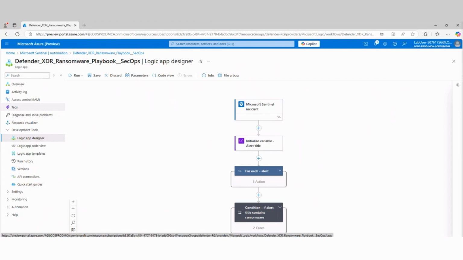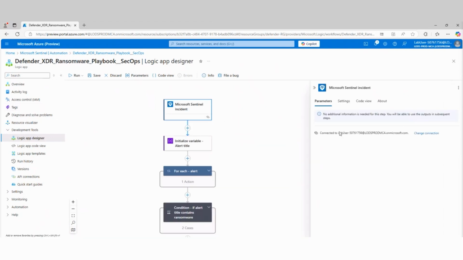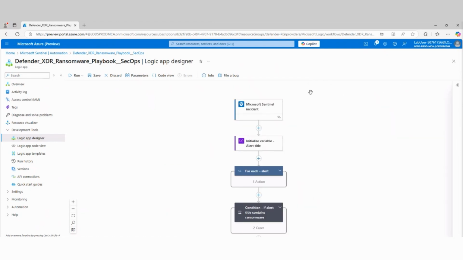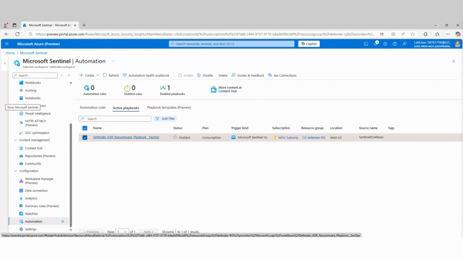So this is how you can make sure your playbook runs properly. This one does require a credential. So now it's going to run under the context of my account whenever it does, which is important in this case. So at this point, you would then save the playbook, which is essentially a Logic App here, and we're done with that. So that's the process that you would use.